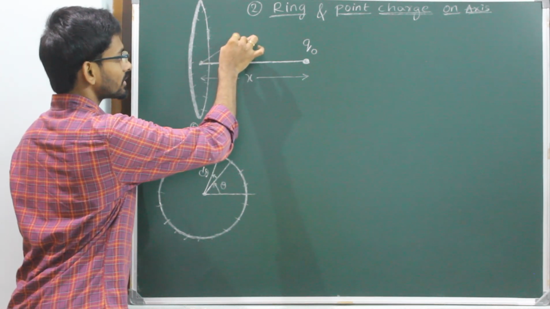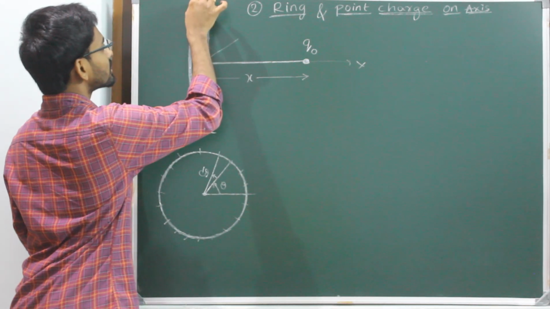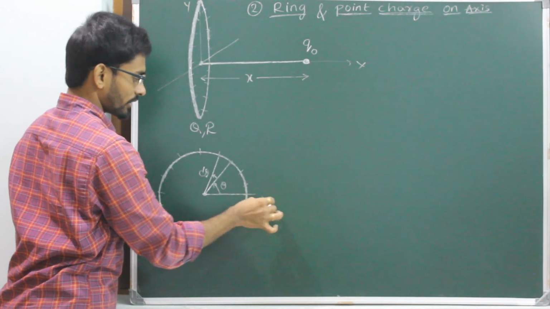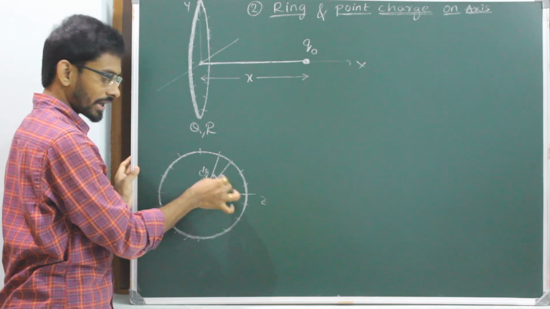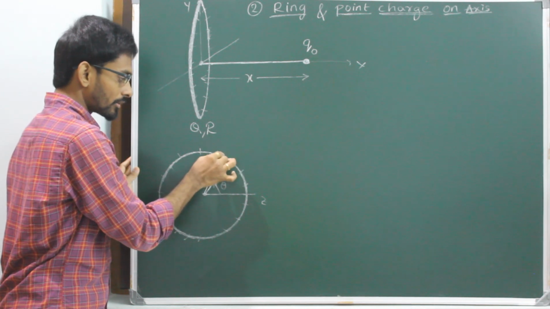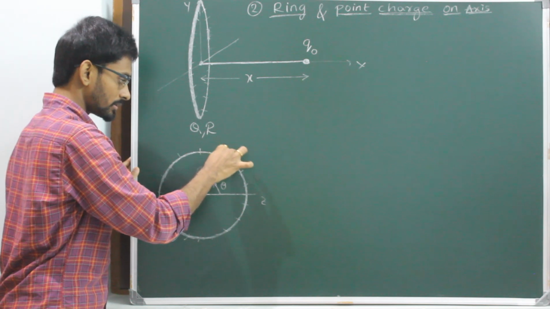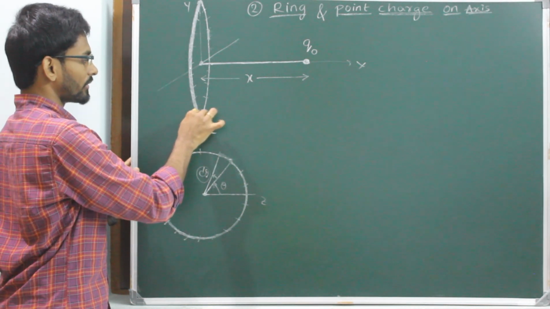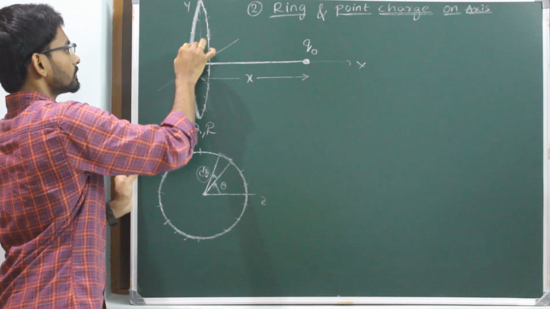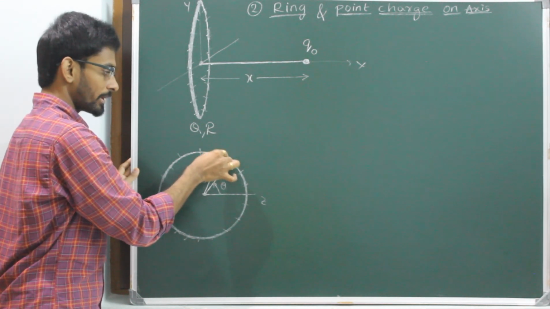Let us say this is the z axis. So this is the x axis, this is the y axis, and this is the z axis. If I take a cross-sectional view from the z axis, I am taking an element at an angle theta, and by changing it by a small angle d theta, my element will be this one. This is my element, I am drawing it thicker. The charge is distributed uniformly everywhere, right? So this part is my element. So we have picked this one.